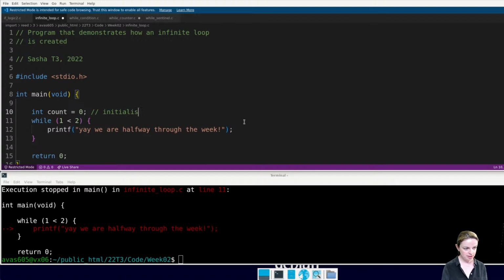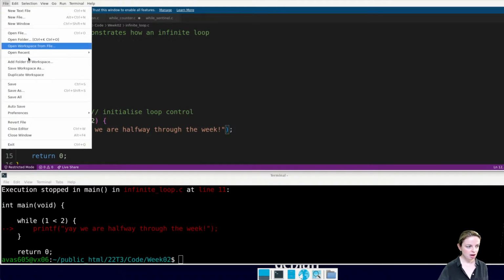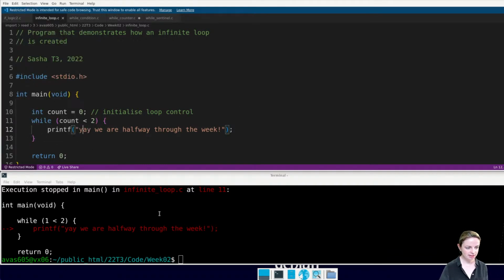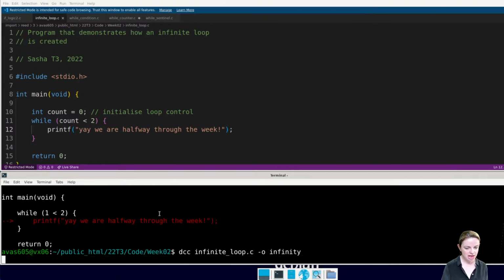And then here I might say while count is less than 2, then do this. I've tested for the condition and then I've got the print, and this is going to result in exactly the same thing occurring because I never update my loop control variable.